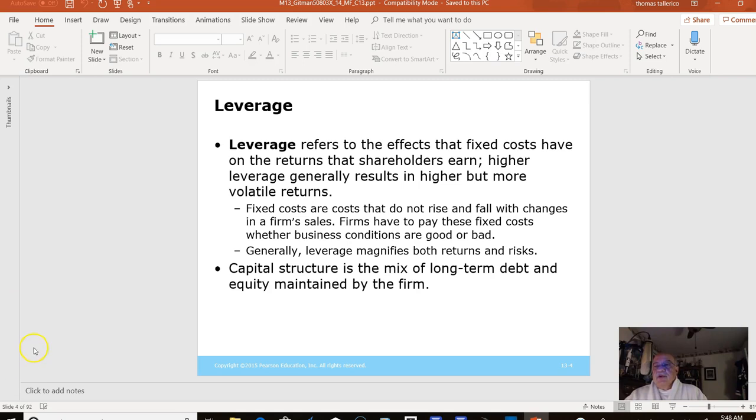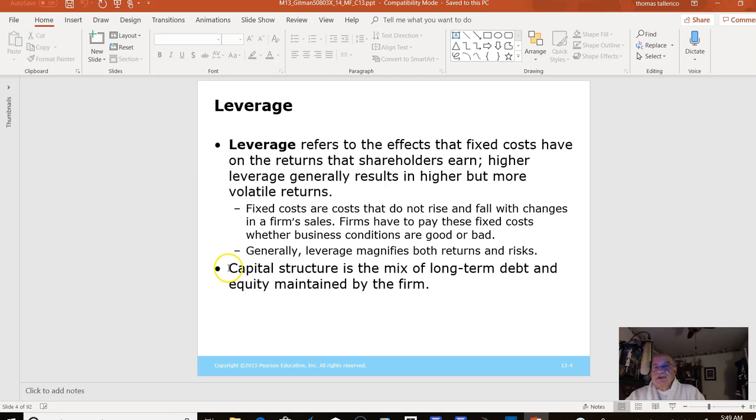They have to pay these costs whether business conditions are better or they decline over time. But leverage is a magnifier, and that's the word. Leverage means magnify return and risks. If you think about leverage, try to pick up a block with your hand, but then go over there with a crowbar and wedge it, and you're giving it leverage, right? So you're giving it more force. Okay, so that's leverage. So that's the one term.